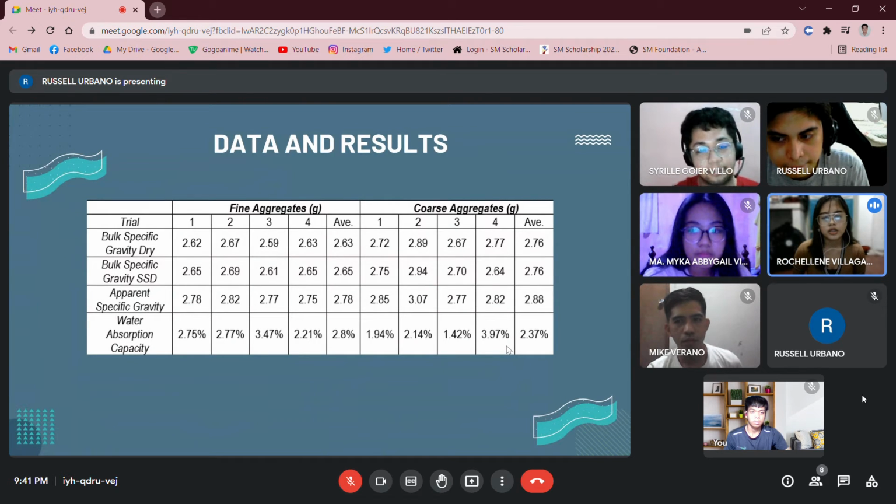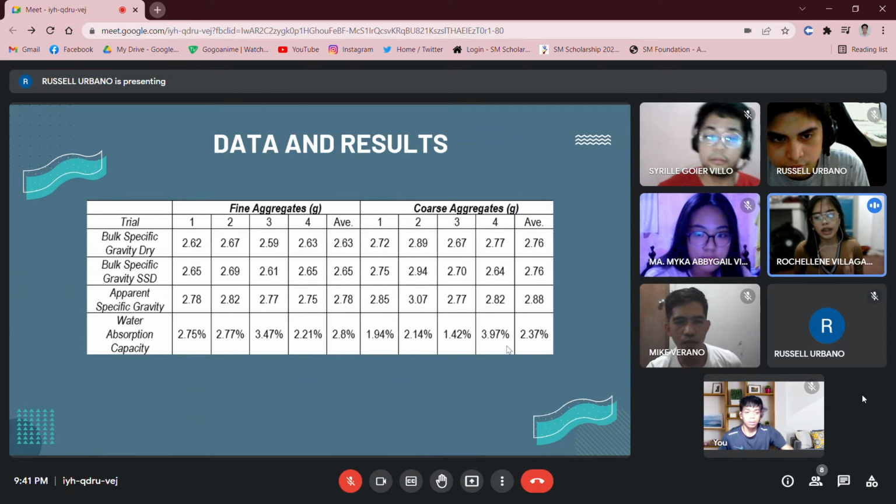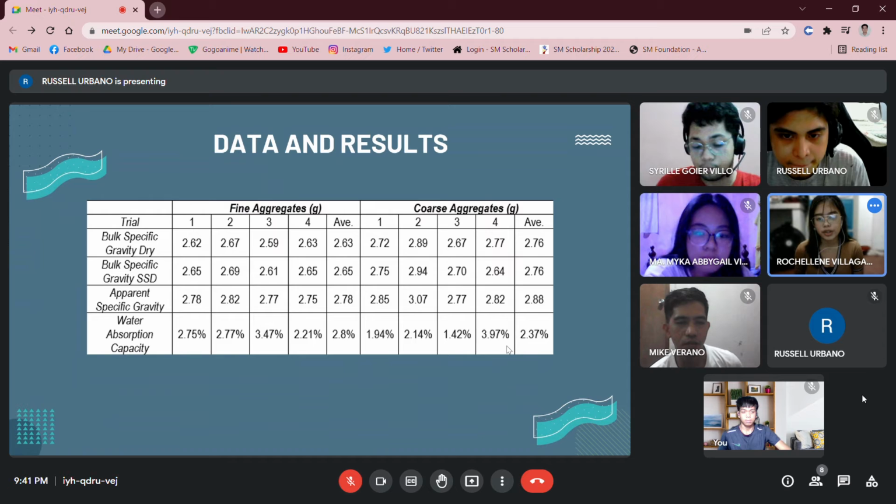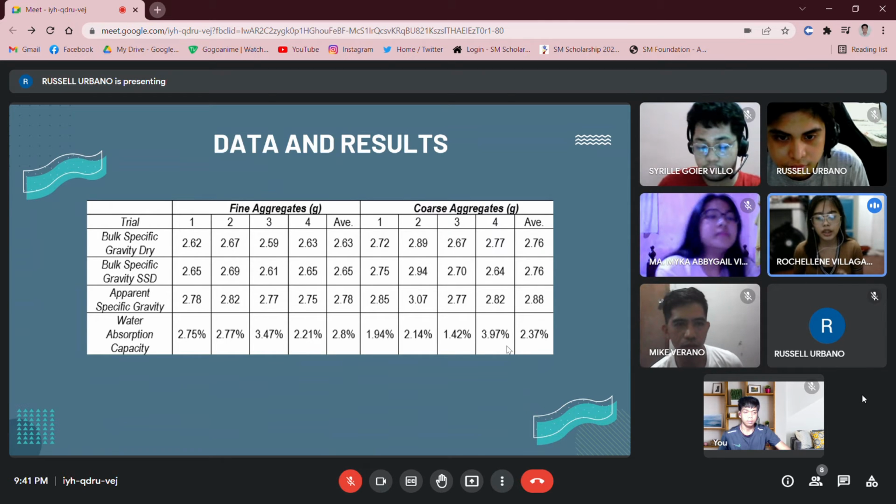Data and results of fine aggregates. All the details of fine aggregates from trial 1 up to 4, by summing them up, we can get the average result. For example, in bulk specific gravity dry, 2.62 plus 2.67 plus 2.59 plus 2.63 divided by 4 is a total of 2.63, which is the average result of the bulk specific gravity dry. We can use this formula to get the individual averages of the other specific gravities up to the result of water absorption capacity. For the next slide,